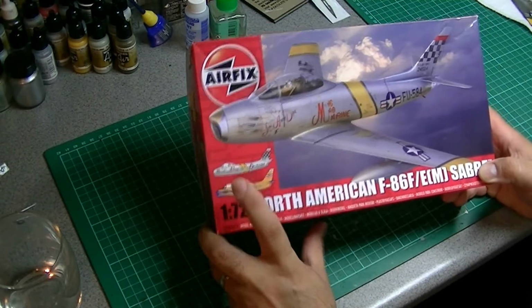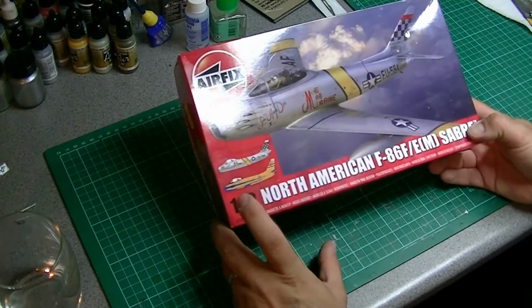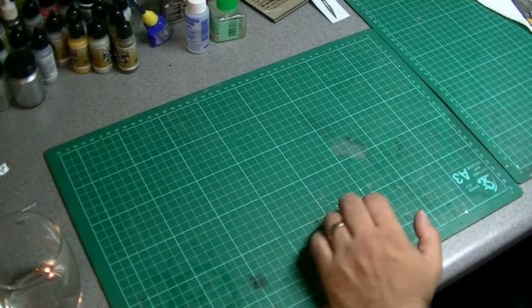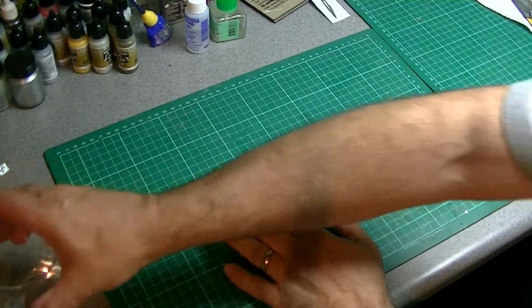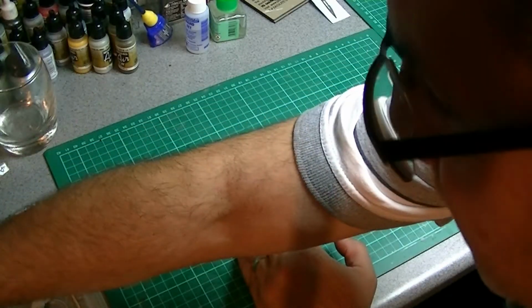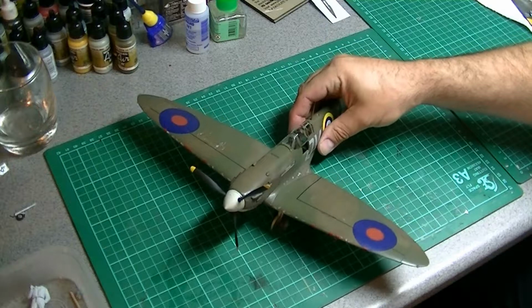Probably will be both metallic finishes, but I might, I don't know, we'll see. I haven't quite decided there yet. And the other kit, I'm almost finished. I've still got a little bit of work to do, is the Revell Spitfire